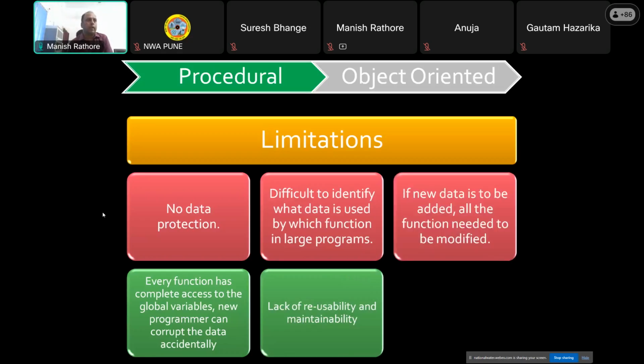Okay, if a new data is to be added, then all functions have to be modified. For example, one global variable is being accessed by, let's say, 30 functions. अगर आपको उसमें कुछ वेरिएबल में चेंज करना है या कोई एक नया डेटा ऐड करना पड़ेगा, राइट। एक एग्जांपल बताता हूं मैं, एक छोटा सा,